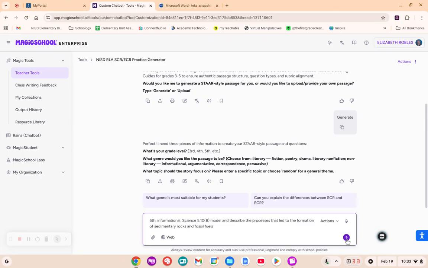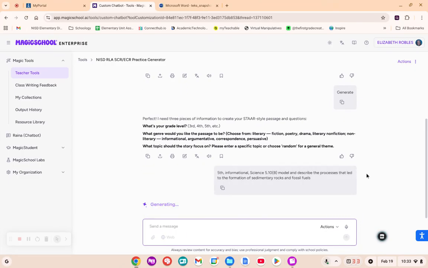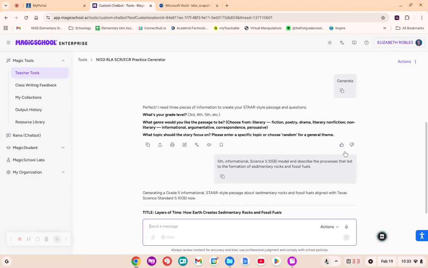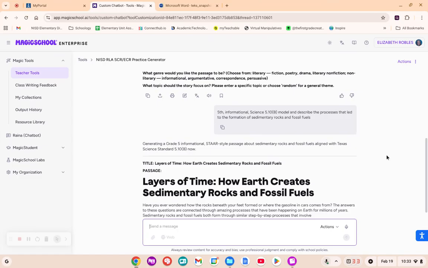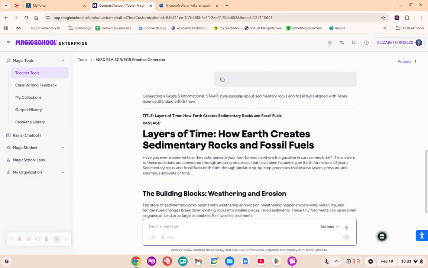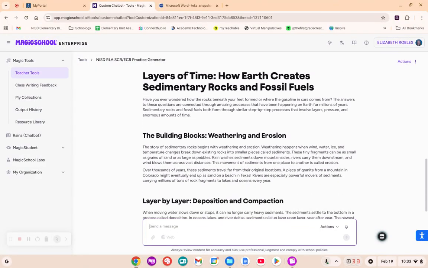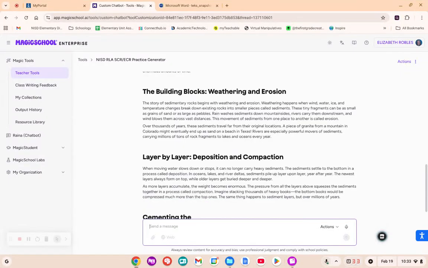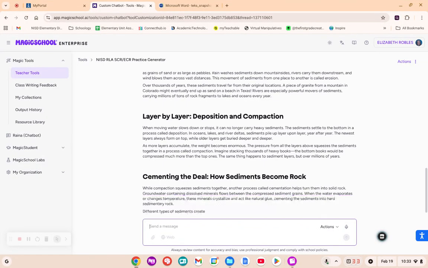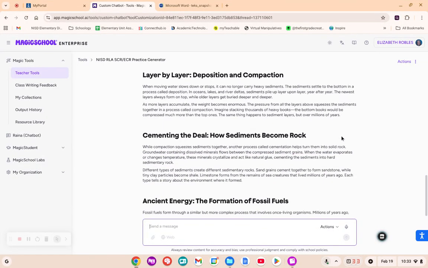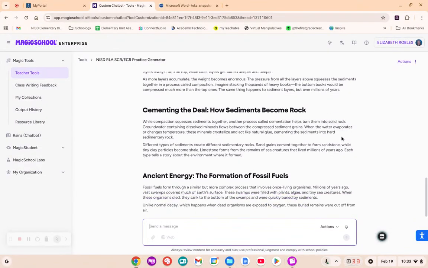So I'm going to go ahead and launch this. And so what Magic School is going to do is create a 5th grade passage that's informational for the genre, and then it's going to weave in my science standard to kind of take that cross-curricular approach, get a big bang for my buck here with having students use this passage in reading time, but also having the topic be a science topic that we're covering or we're going to cover, or a review of a topic that we have